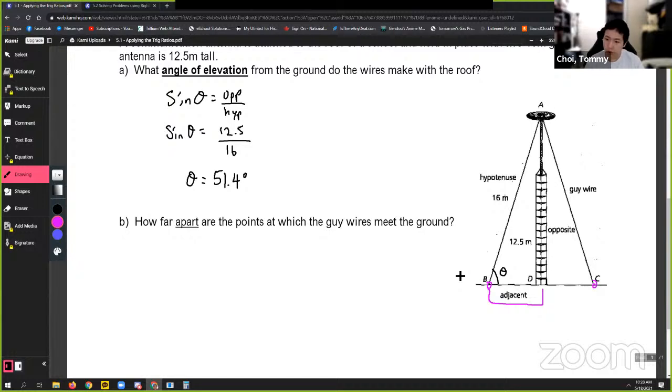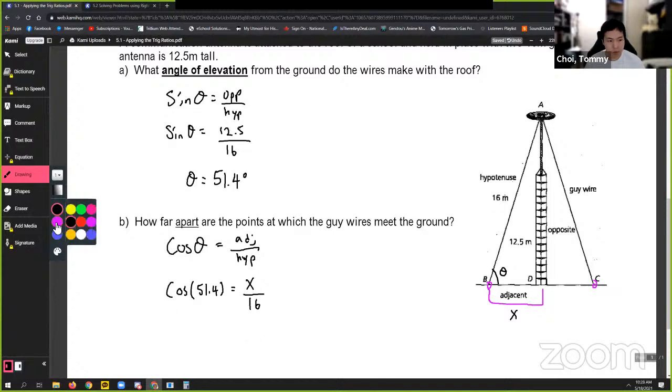I'm going to show you how to use the angle itself. I know that theta is 51.4 degrees. So I'm going to use SOHCAHTOA to find my adjacent side. It doesn't matter which one we use. Let's use one we haven't used yet, which is cosine. Cosine is adjacent over hypotenuse, because we need to find the adjacent side. Let's call this x. So if we plug that in, I get cosine of 51.4 is equal to x over the hypotenuse,